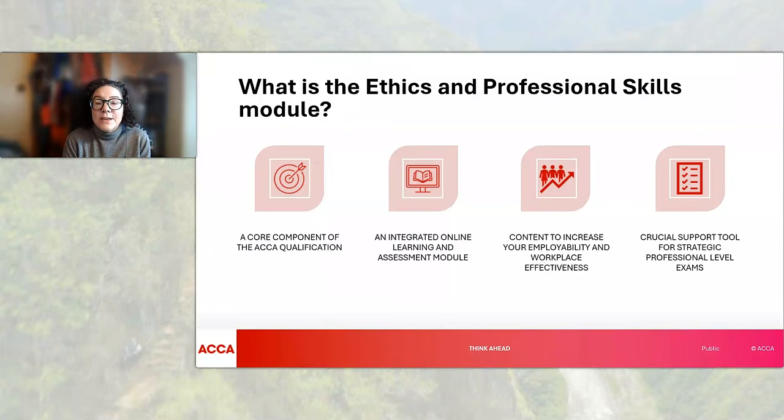Now, that's a great boost to your employability and overall attractiveness in the marketplace, as well as explaining how to maximise your technical and professional marks in each of the strategic professional exams. So as I said before, it's really important to make sure that you do EPSM before you start studying for your first strategic professional exam.